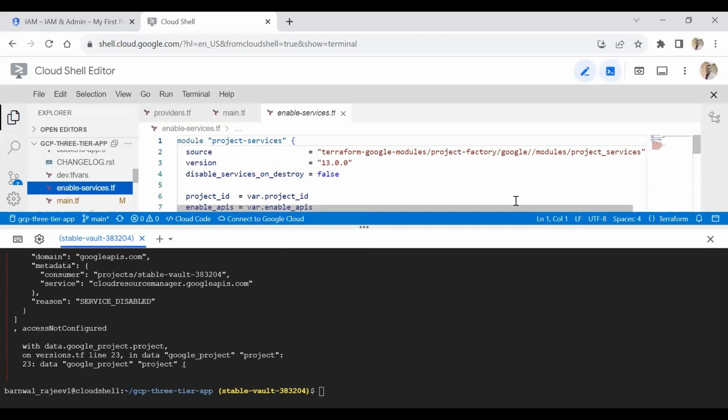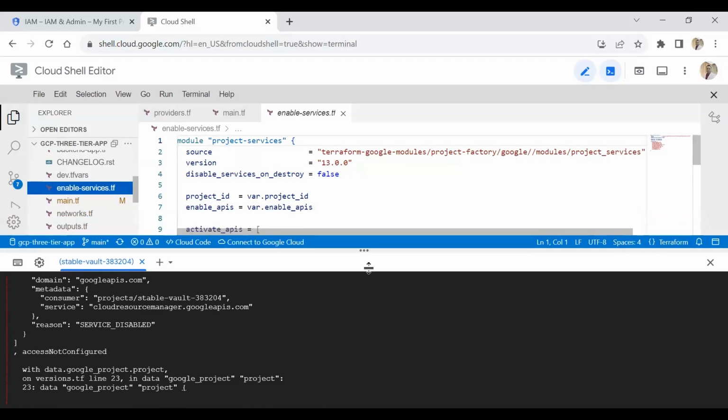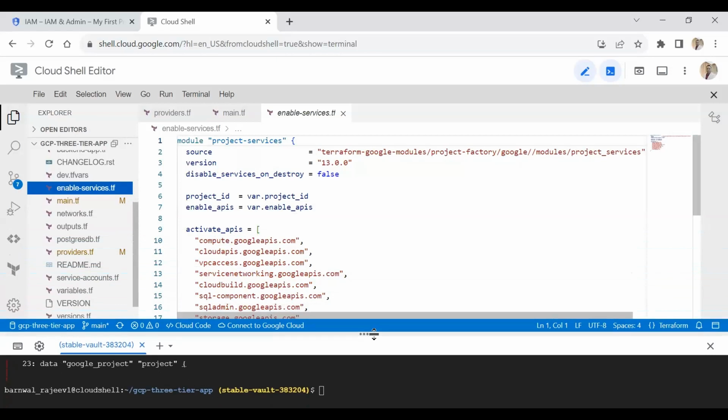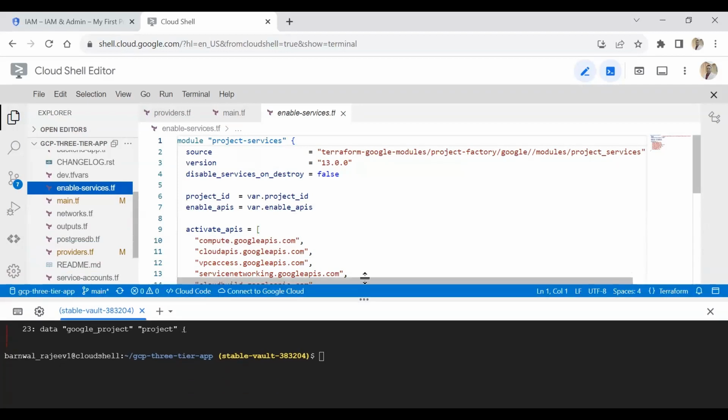Bring this terminal a little down, pull it down. Okay, that's all. So if you can see, these are the services that we need to enable, right? So let's try to do that on the command line itself. Type the command gcloud services enable